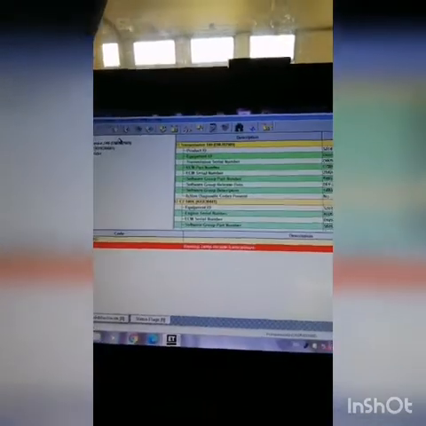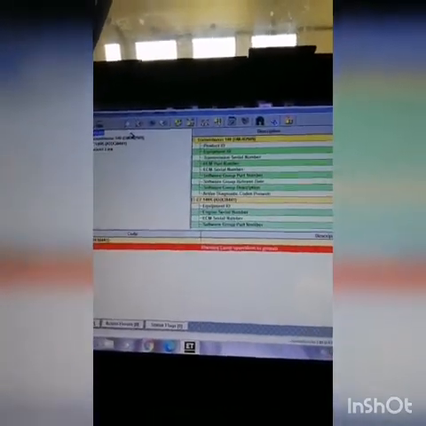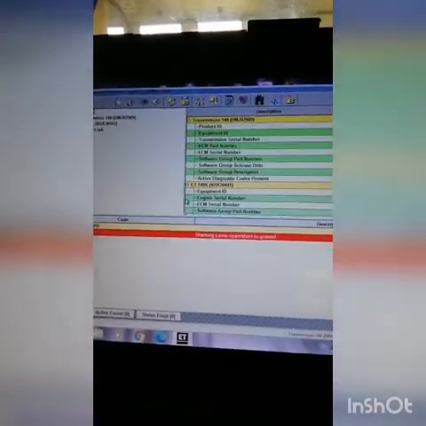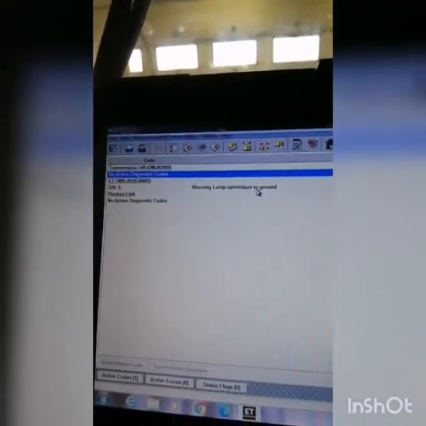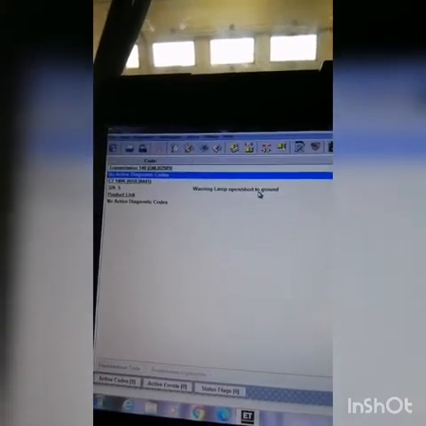Now we have started the engine and we connect ET, Electronic Technician. Here there is one active code, but it's not related to the transmission shifting, so we can leave this warning. This is the bulb for the warning lamp. So there is no active code related to the transmission shifting problem. Now we can check the status.